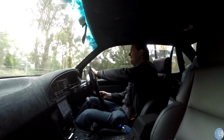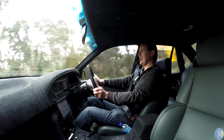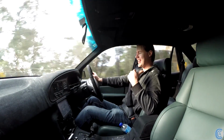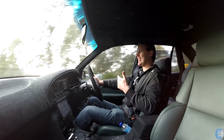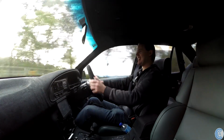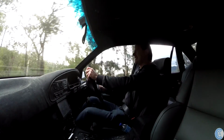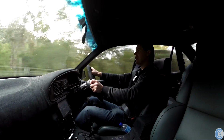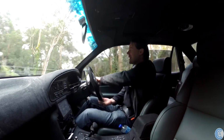Just then, it wasn't that hard a corner and I wasn't going very fast. And then mid-corner, it just didn't want to turn, and then at corner exit, it was nearly sliding on me. So when you're in this car and you see a corner, you nearly poop yourself because you don't know whether you're going to make it or